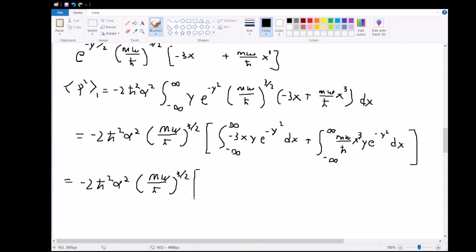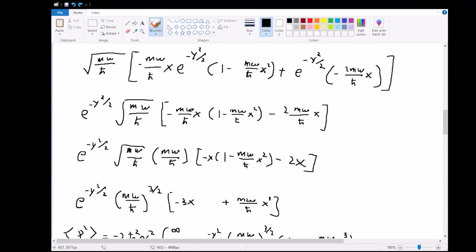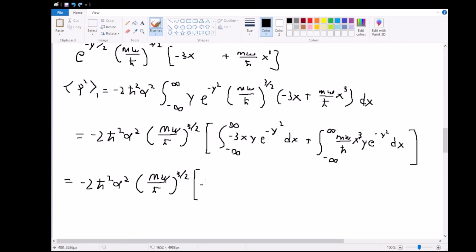multiplied by, let's see, here we have one x term and one dx term, so we get a factor of h bar over m omega. So negative 3 times h bar over m omega times our integral from negative infinity to positive infinity of y squared e to the negative y squared dy,